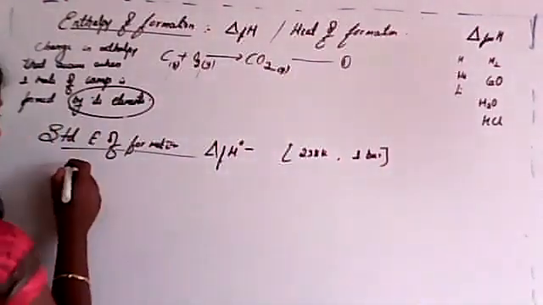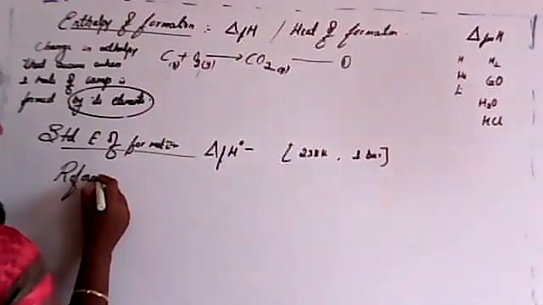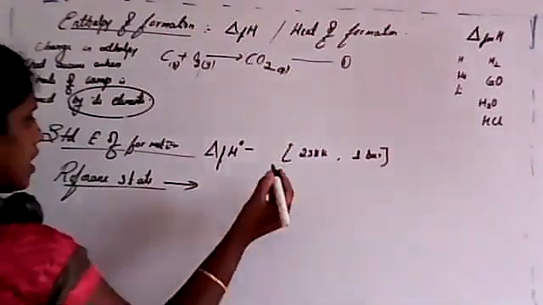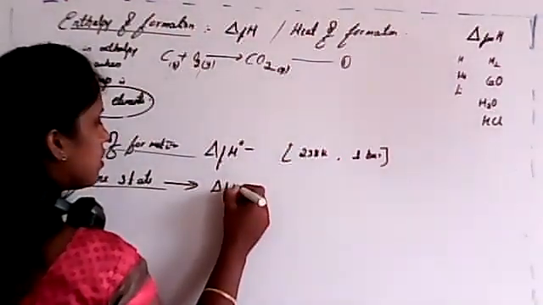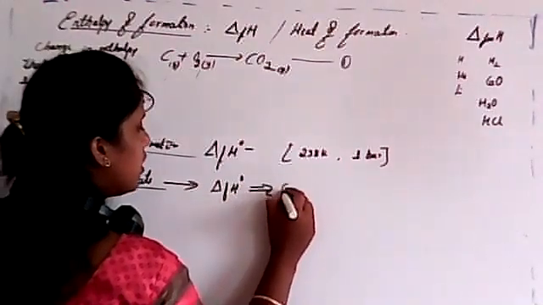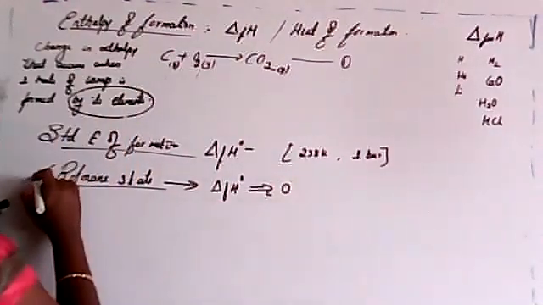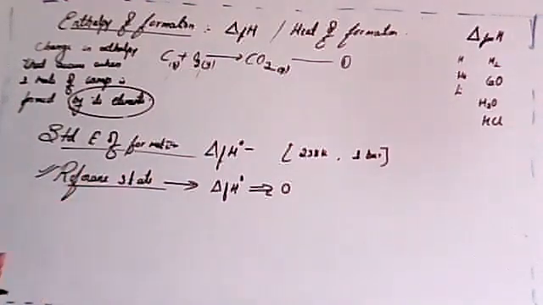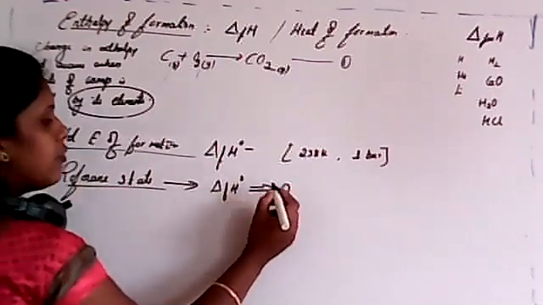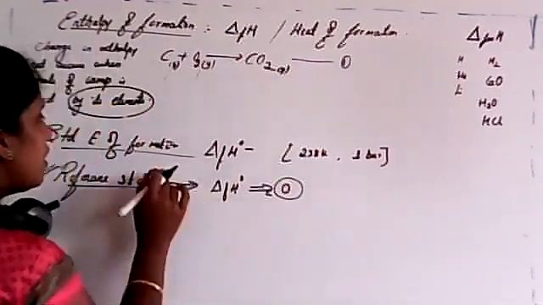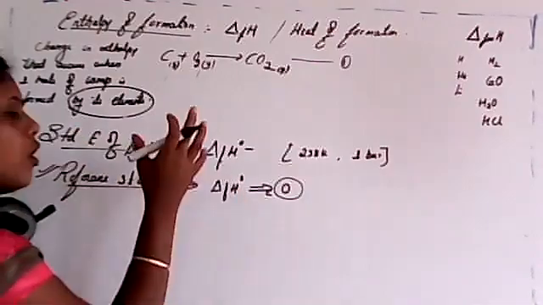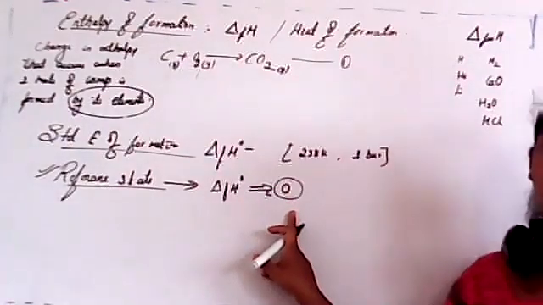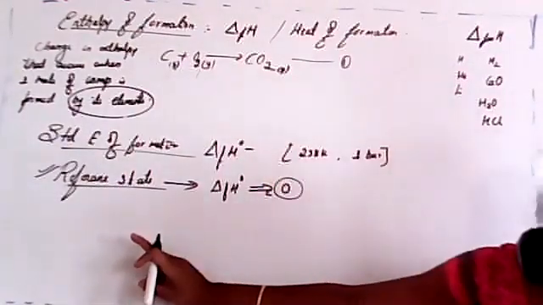So now listen, in this case, we consider a reference state, where the standard enthalpy of formation is considered as 0. See, this is very important, student. We consider a reference state. Some of those compounds or elements have a delta F value of 0. That means the standard enthalpy of formation for some of those elements or compounds equals 0, which we consider as a reference state.